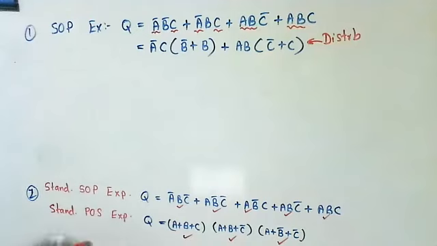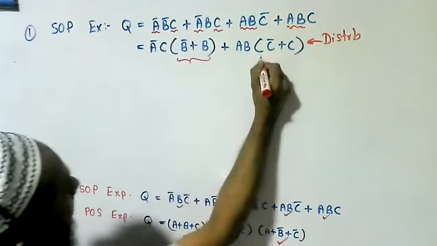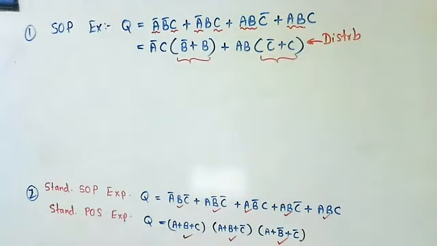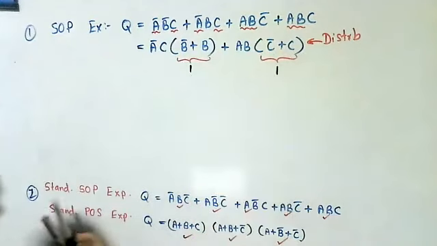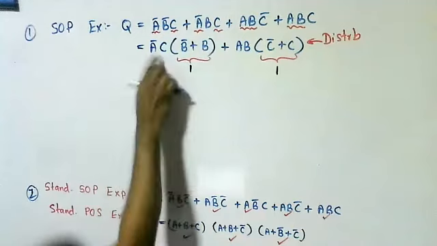Then what law can I use here? Inverse law. We can use the complement law, or the inverse law. According to that, B bar plus B is equal to 1, and C bar plus C is also equal to 1. So A bar C into 1 means